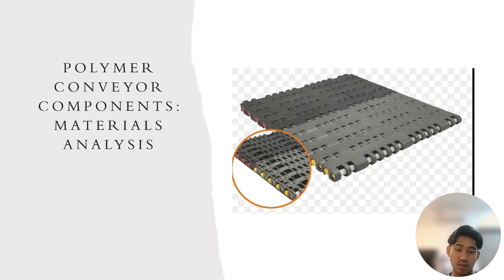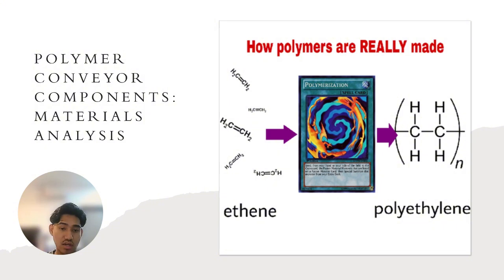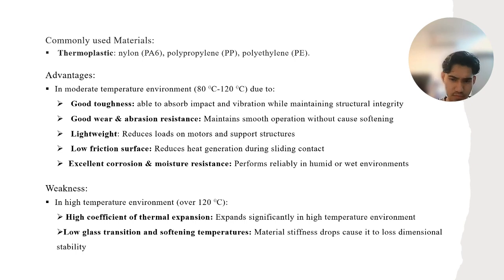Now moving on to the next component, the polymer conveyor components material analysis. So here is a diagram of how a polymer is made. We get ethane, and then through polymerization we get polyethylene. Commonly used materials: thermoplastics, nylon PA6, polypropylene, polyethylene. The advantages in moderate temperature environments, 80 to 220 degrees Celsius, are first, good toughness,